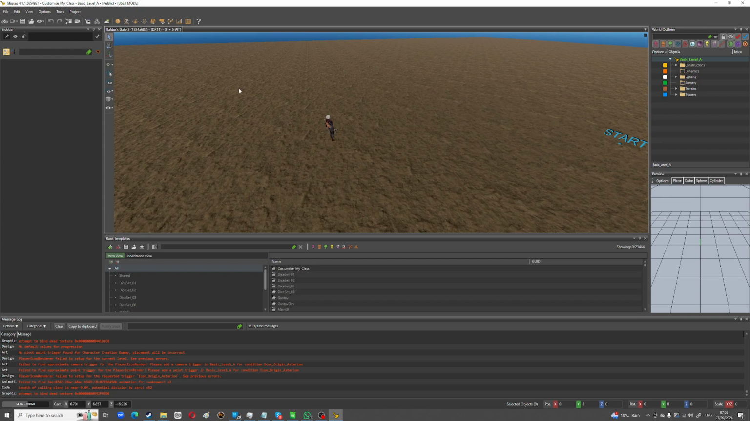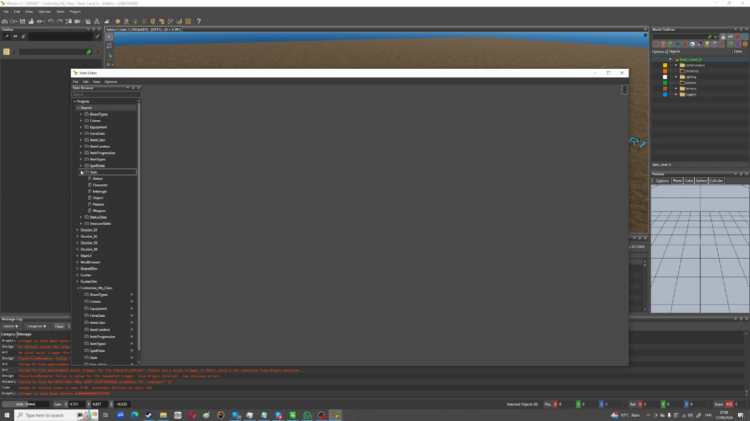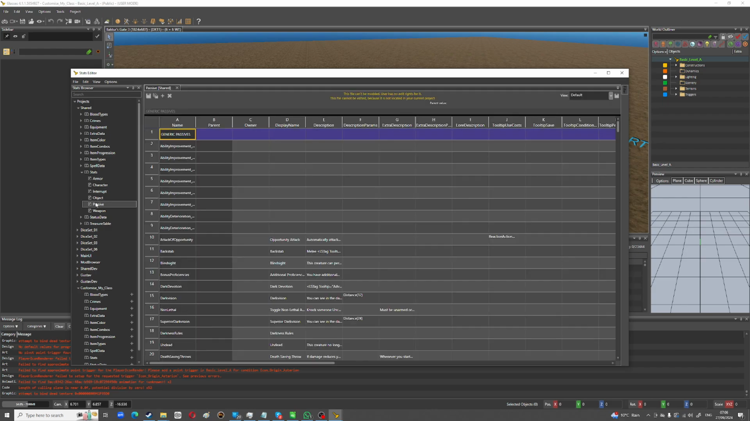This has crashed so many times, but I don't think it's going to crash if I just show you feats through the stats editor. So the stats editor, I think it's passives that change. If we go into shared, and we go into stats, and we go into passives,